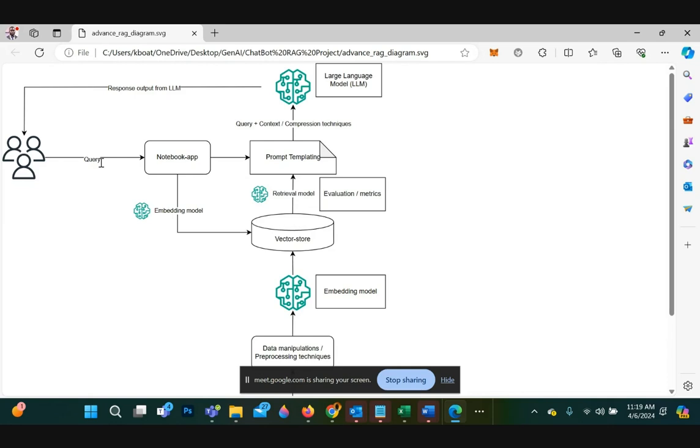These are the things that need to be thought about. So evaluation definitely needs to happen in the retrieval and also in the response from the LLM, on top of building security around your data. Any questions there? Is it clear?